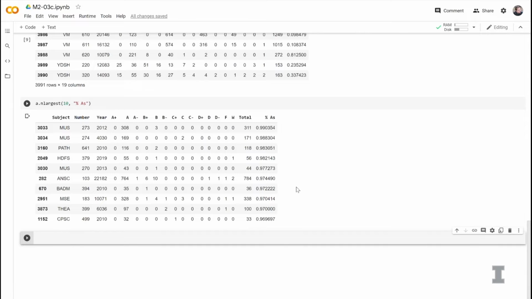Awesome. So now we can see that out of all of the data set, we're able to compute the total number of students and then add the percentage of A's that each student got. Yes. So this was a complicated example. Let's do a slightly simpler one. Yeah, we had to even add new columns to our data frame. Yeah, this was a little crazy.